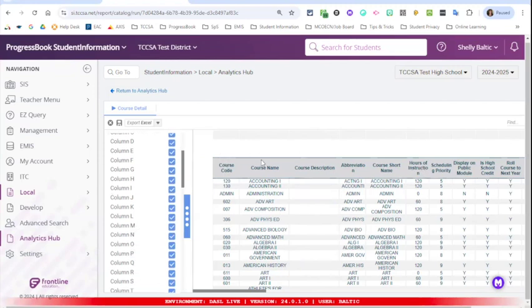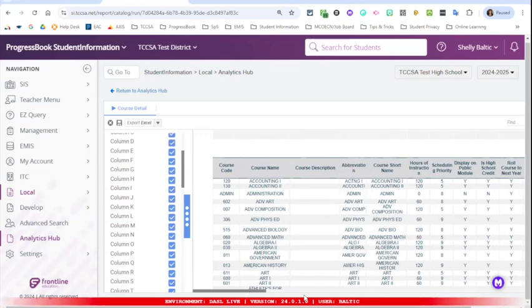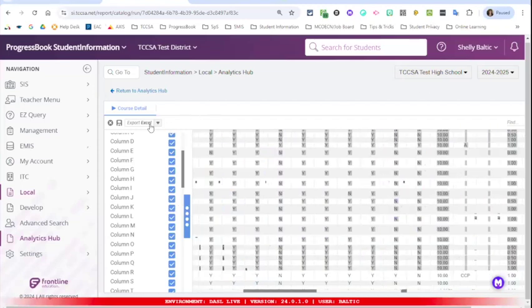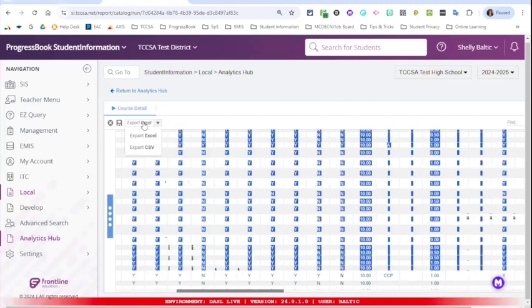So for example, A, B, C, D. We'll say we don't want the abbreviation D. If I uncheck D, it hides that column. But by the time you get way over to here, you're going to forget what letter you're on. So it's easier to export this. So if I say export to Excel,